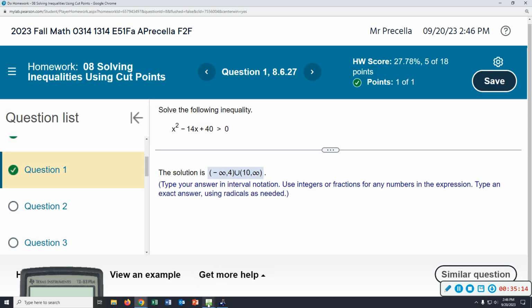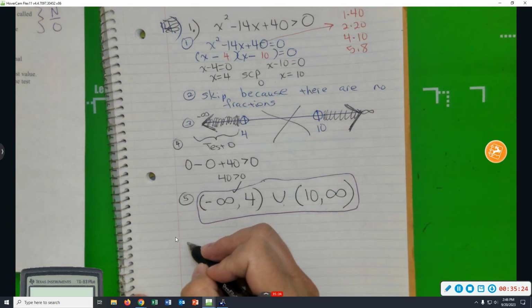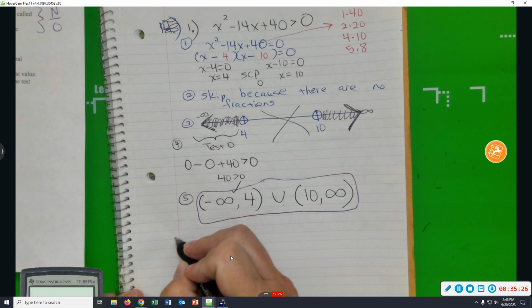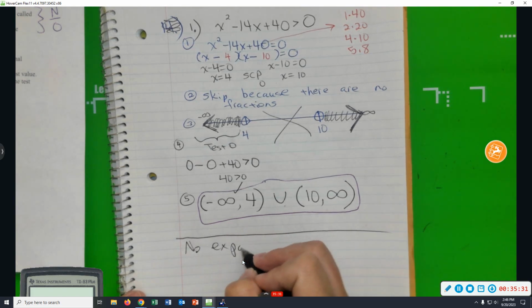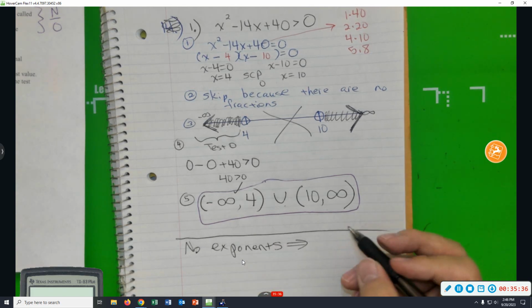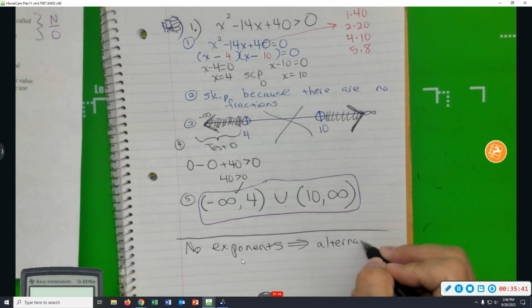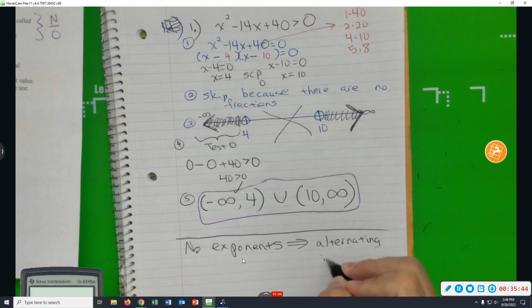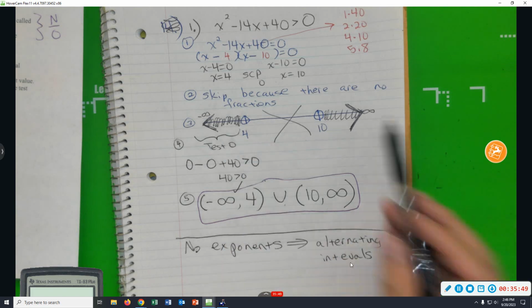So these things alternate. Why don't we write it right here? If there's no exponents, and in number 5, there were no exponents. As we worked through it, there were no exponents. So the intervals alternate. I'll say alternating intervals. It's either true, false,